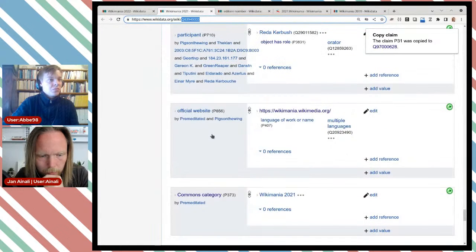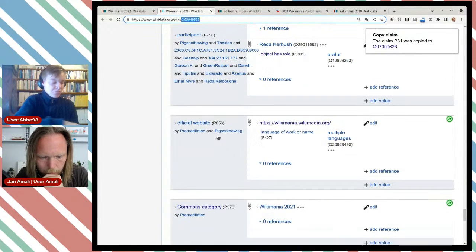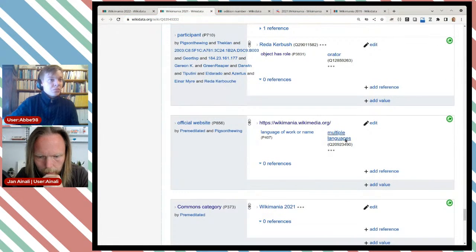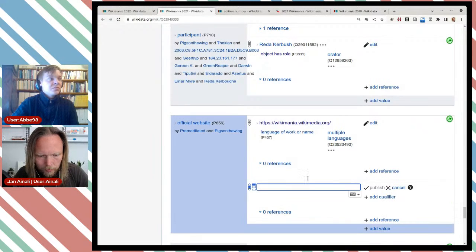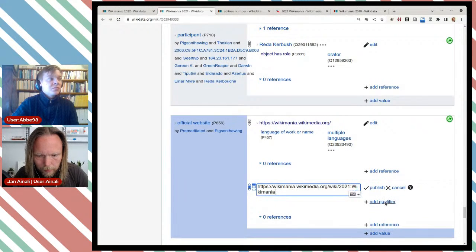There we have it. Oh, it actually had a multiple languages thing. I should add that to the other one. All right, that was good to see. Well, let's start here, add qualifier,